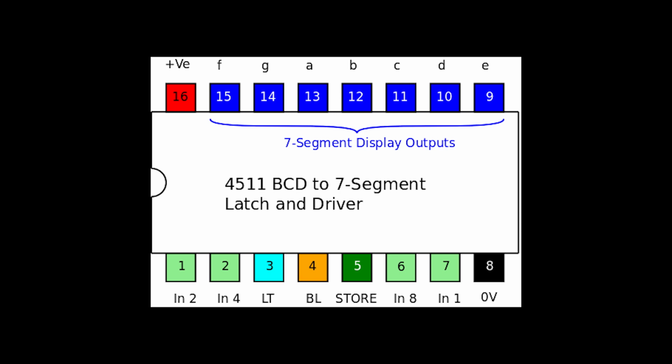This IC features several control pins, the blank, store, and lamp test pins. Correct conditioning of these pins is critical for the circuit's operation. For instance, the blank pin, when activated, turns off the display, whereas the lamp test pin illuminates all display segments